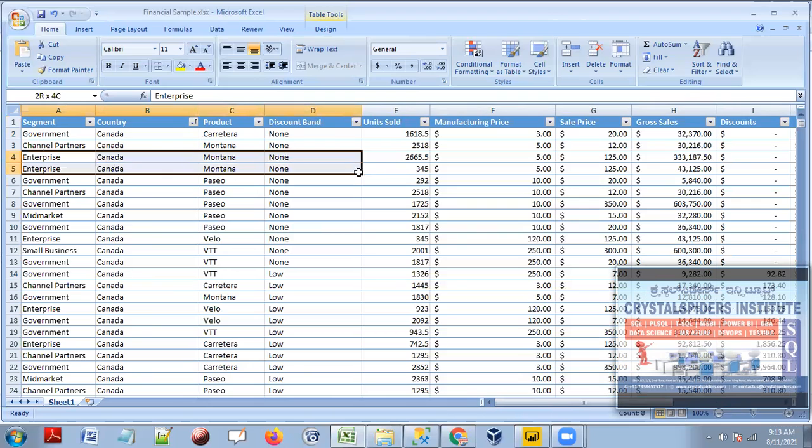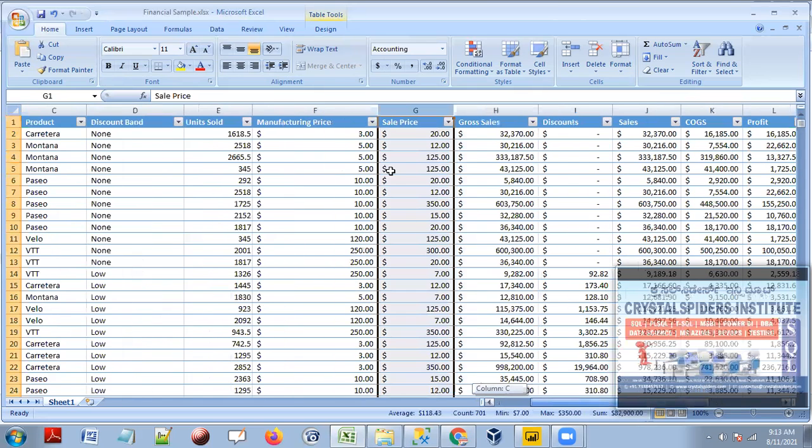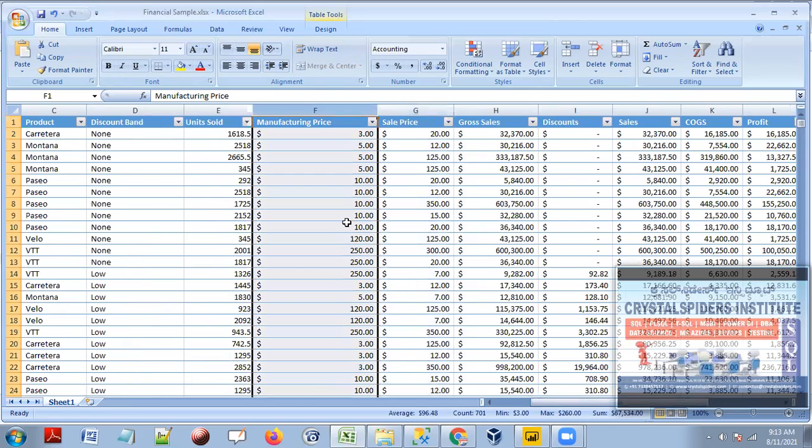And here we see units sold. The units are different, and units means the number of products. 345 products, and each product price is 5 rupees. This is the manufacturing price, and this is the sale price. The manufacturing price is the actual cost of making the product.